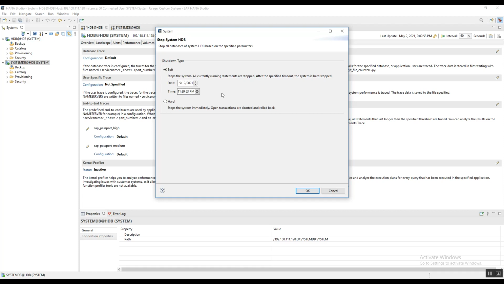So the next time when the system starts again, there might be some problem. So I will request that please go for the soft shutdown, as it's always safer and helps us keep data consistency. I hope this information helps you understand the difference between the soft shutdown and hard shutdown.